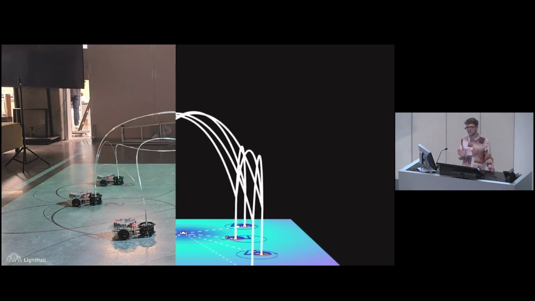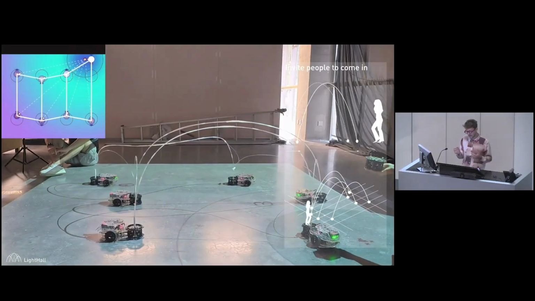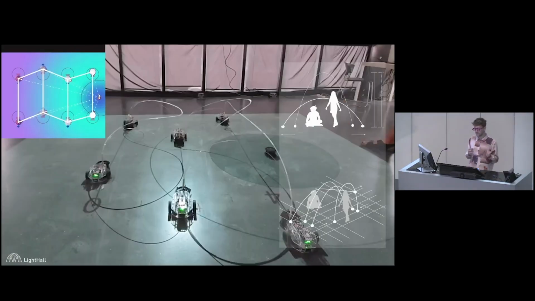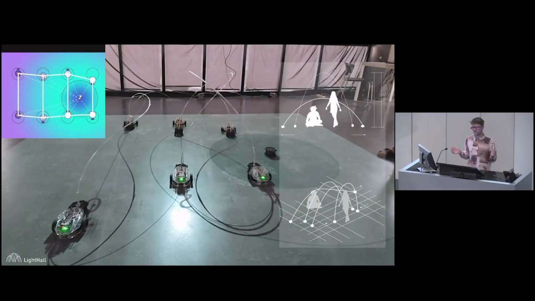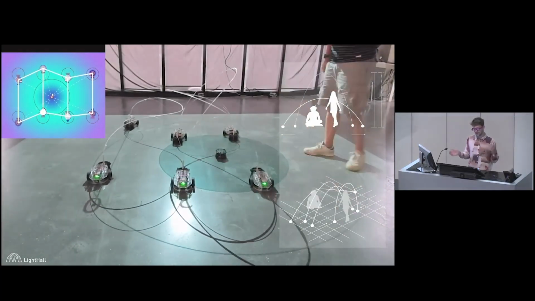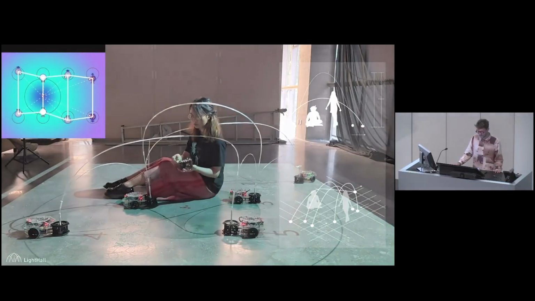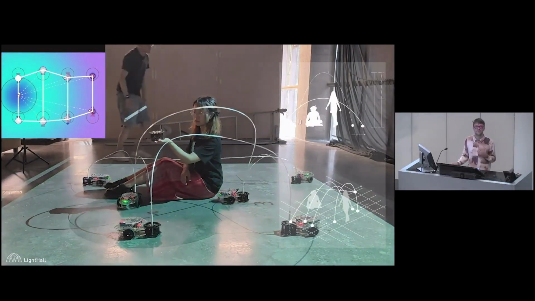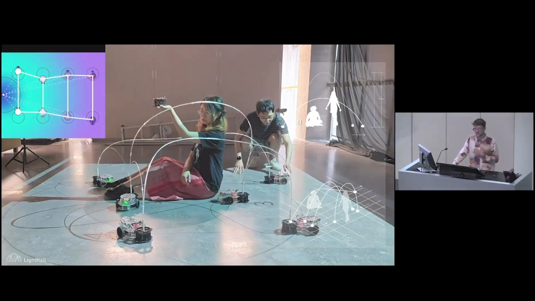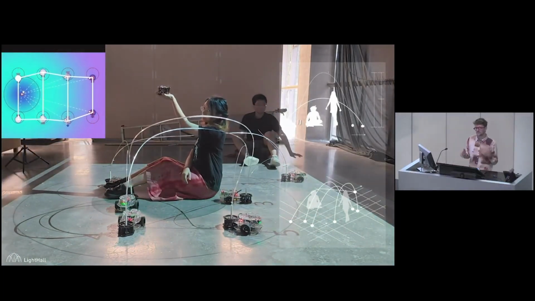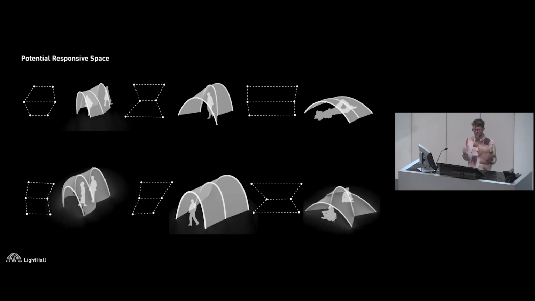And second was that a human could grab a digital material, which was then utilized as input for the robots to determine if they should move the vault closer together or further apart to allow a person to walk in or eventually sit underneath. And this one questions notions of adaptability. I think I mentioned this early on in the lecture, where the robots of such systems, CRC systems, could live in the structure and then change it